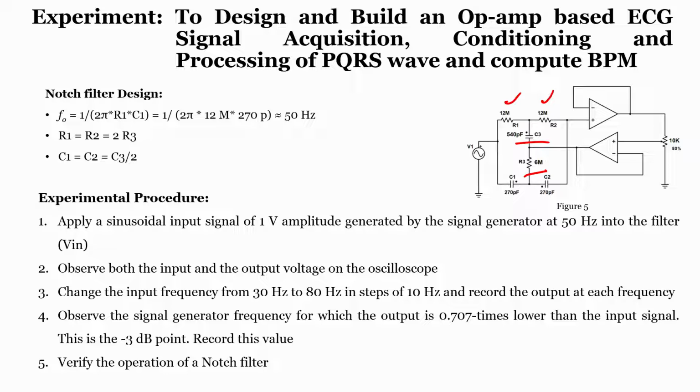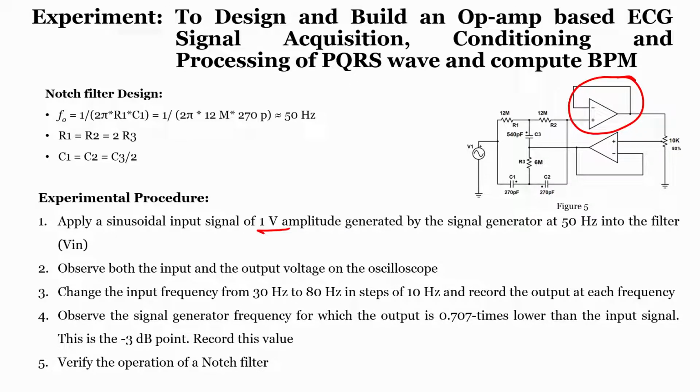So, we are taking the C3 capacitor as somewhere around 540 picofarads, right. Now, how do we test this circuit? Similar to our previous experiment, we will connect our input from the signal generator, which has an amplitude of 1 volt. If we observe here, op amps are just used to provide some buffering or impedance matching, so we are not using any kind of gain in this case. So, when we apply an input signal of 1 volt, we get an output of 1 volt as well.